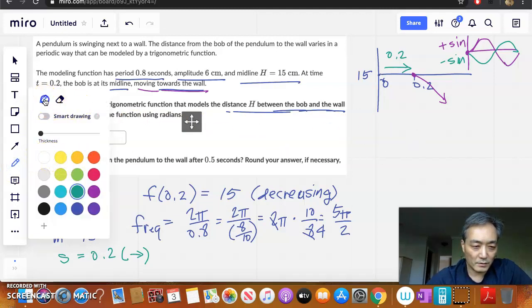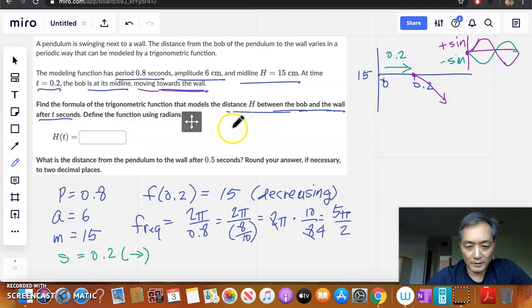So I'm going to start from here. So f of t is equal to, again, we're going down, right? So it's going to be negative, amplitude is 6 sine. Okay, and again, sorry, that's an n. There we go. And then our frequency, which is 5 pi over 2, 5 pi over 2,